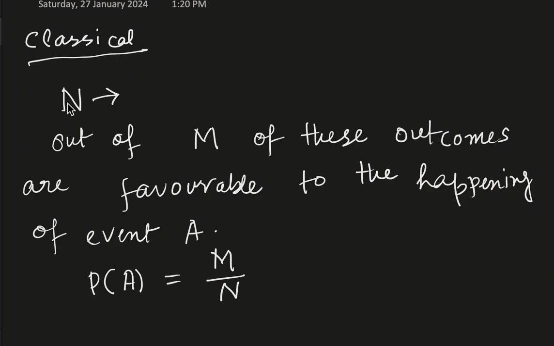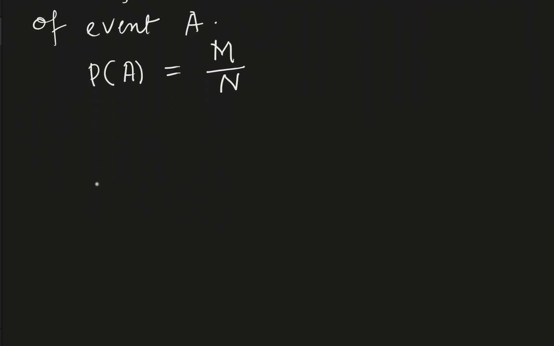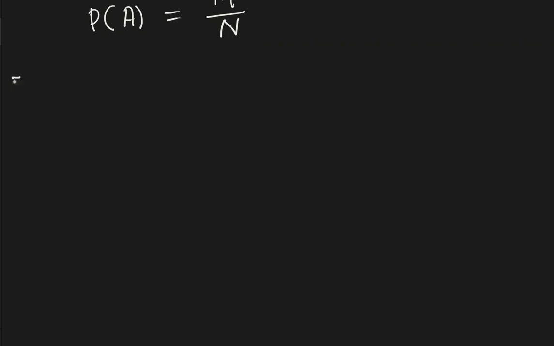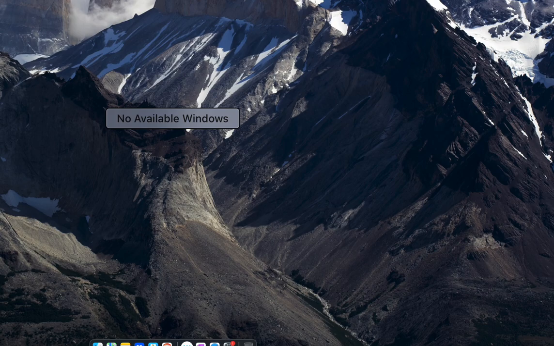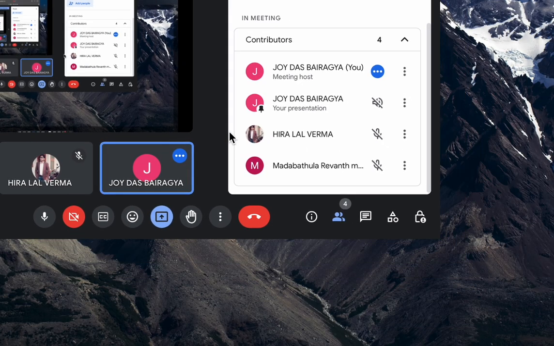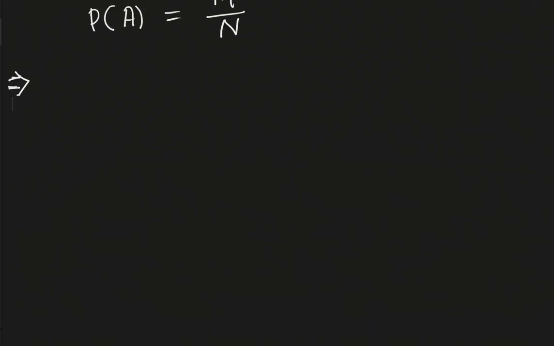The problem which I selected is one where we can clearly see how we can use this classical definition to determine the probability. So first, if we roll two fair dice,